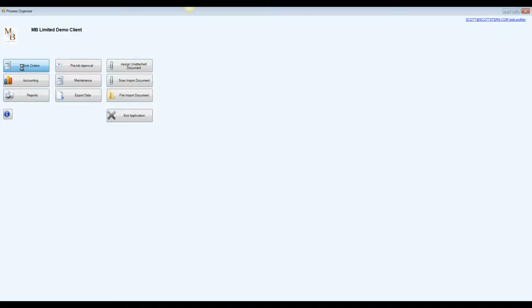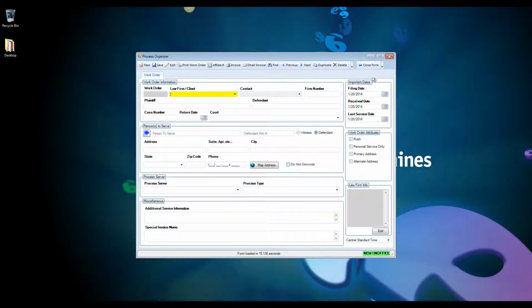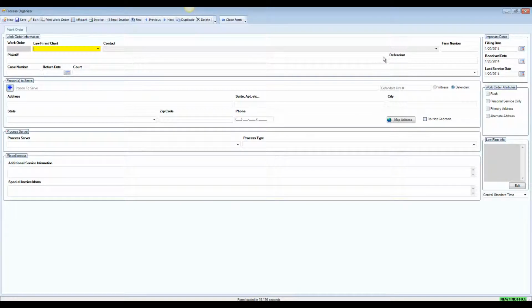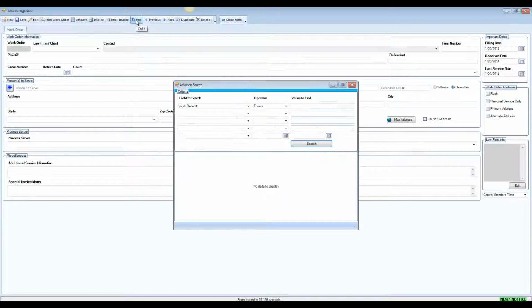We click on work order and open the work menu. Once the work menu has opened, we now have to find the job that needs to be taken out. The find feature is your search engine that allows you to search virtually anything in the system. So for example, I know I want to take out job